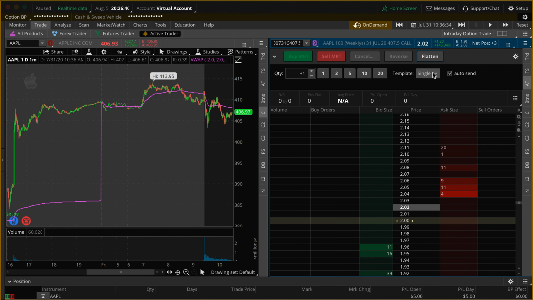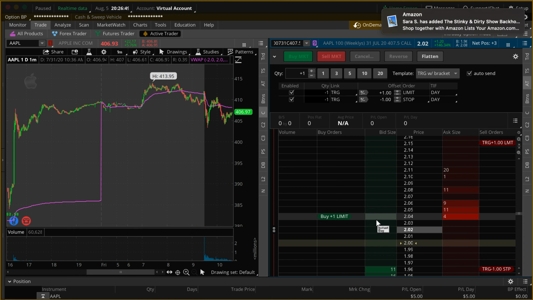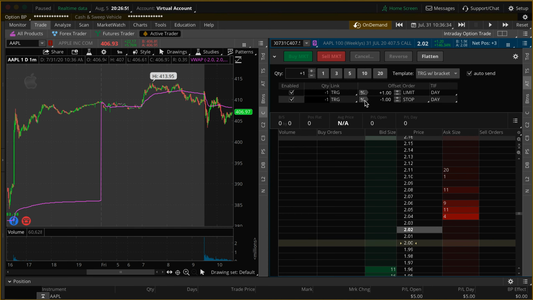Or you could do it as a target with bracket. So then we have here that we want to buy, and as we see, it'll put the target of $1 more or $1 below for our stop. You can change it as a percent or as a tick. So say you want to make your stop at, if you're down 50%, then you can set that to 50, and then we want to take profit at 50%,